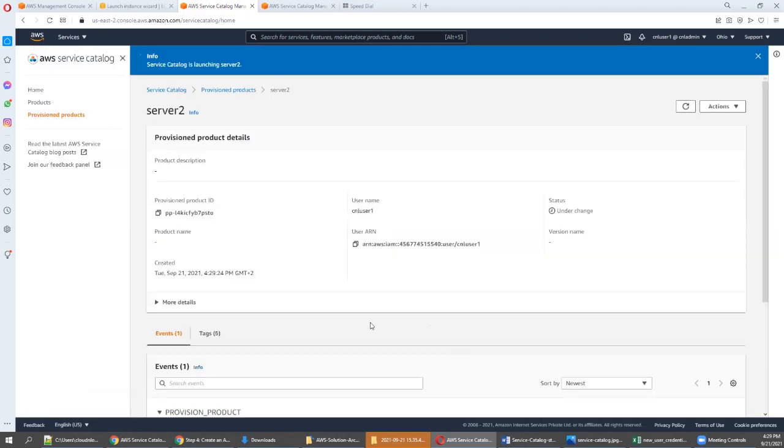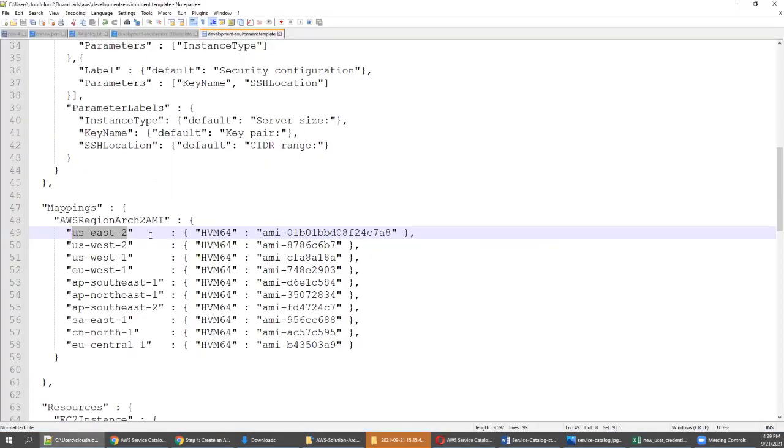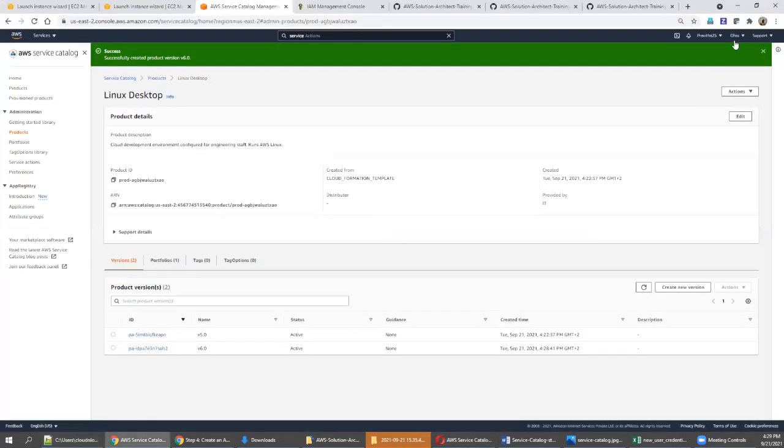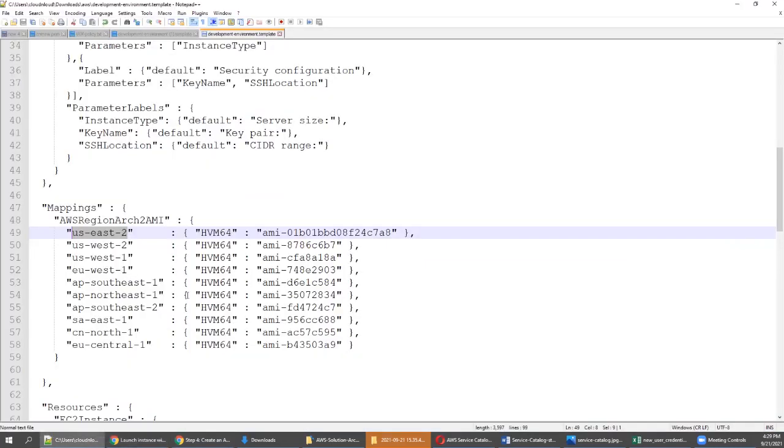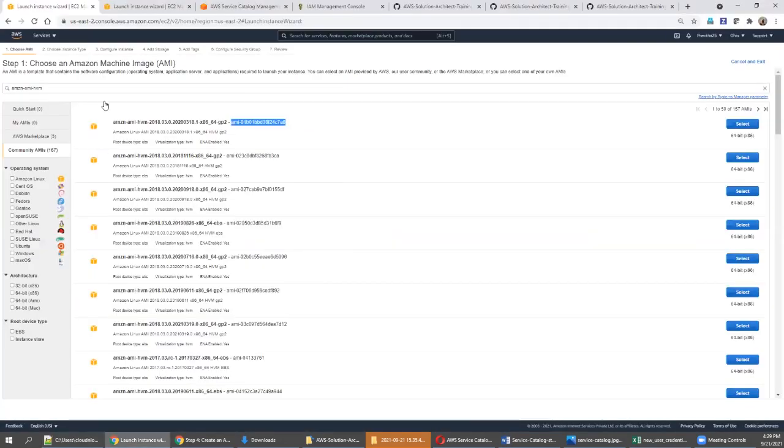Basically, whenever you get any error during your learning or during your POC lab, please make sure of the template you uploaded and the region you are working in, Ohio or whatever region. According to that, you go back here and copy this image ID, right? Make sure that image ID is listed out. If it is not listed out, definitely it will end up with an error, as we saw some minutes back. So this is how you need to face an error and resolve it.